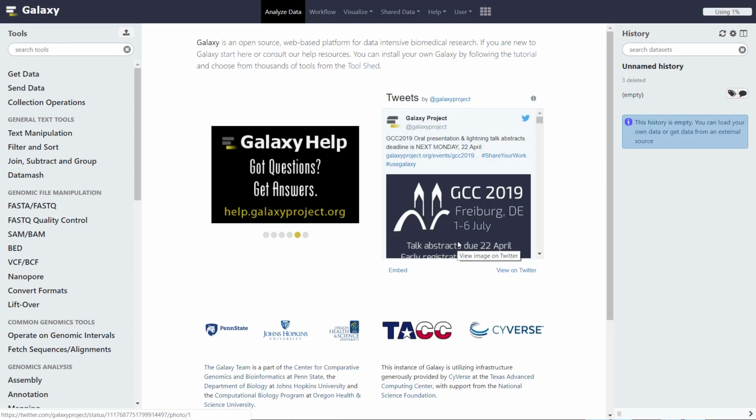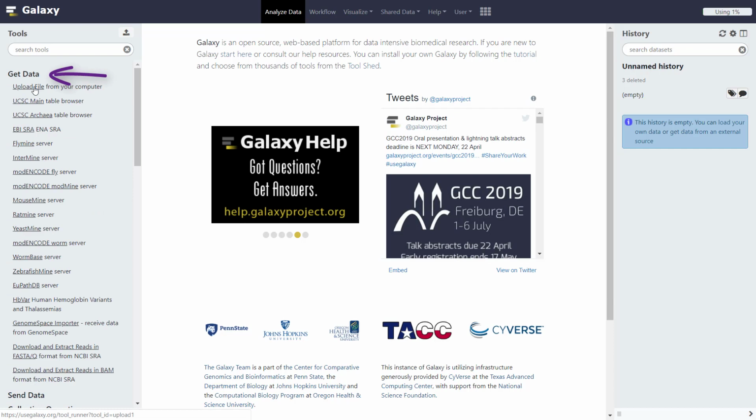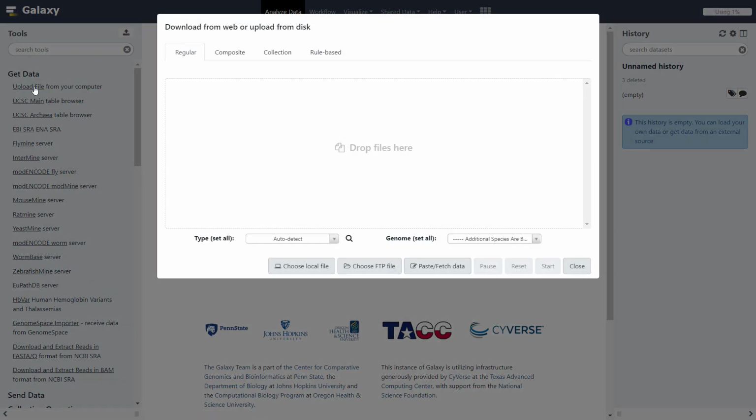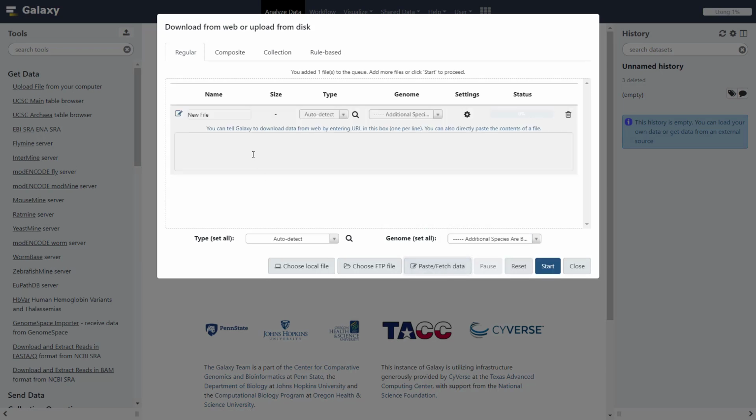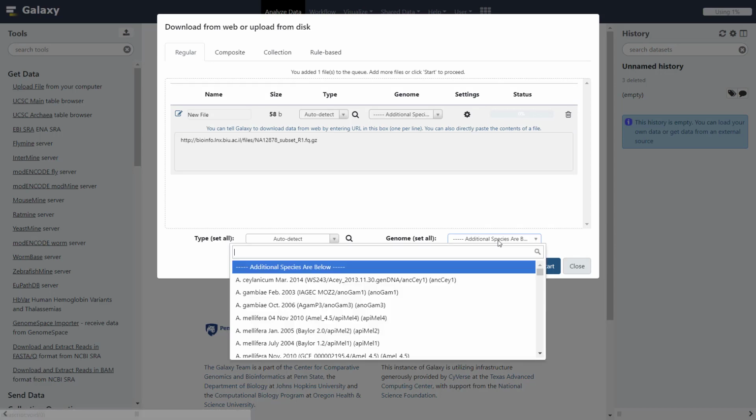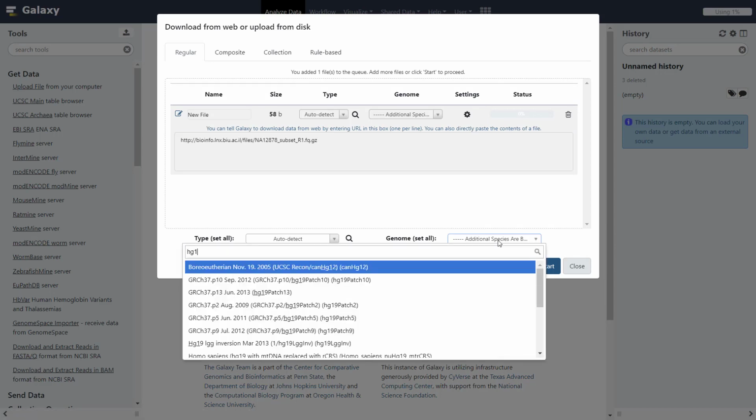We will begin by retrieving the data for today's session. In the left-hand panel, click on the Get Data link, followed by Upload File. Then click Paste Fetch Data and enter the URL into the box that appears. You can leave the type as Auto Detect and simply set the genome to the HG19 genome.